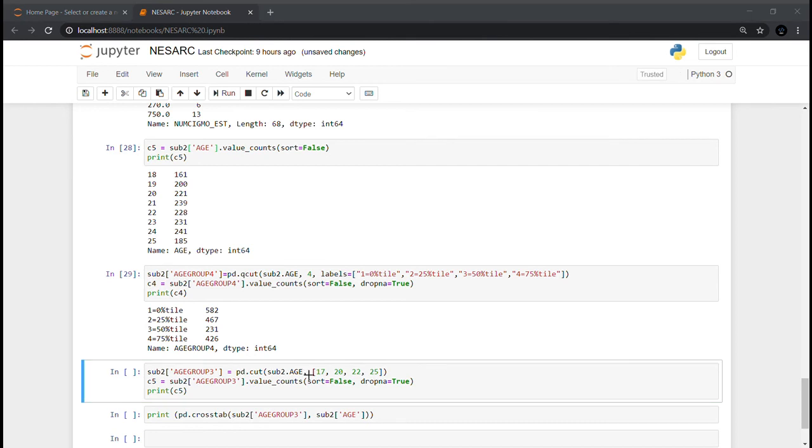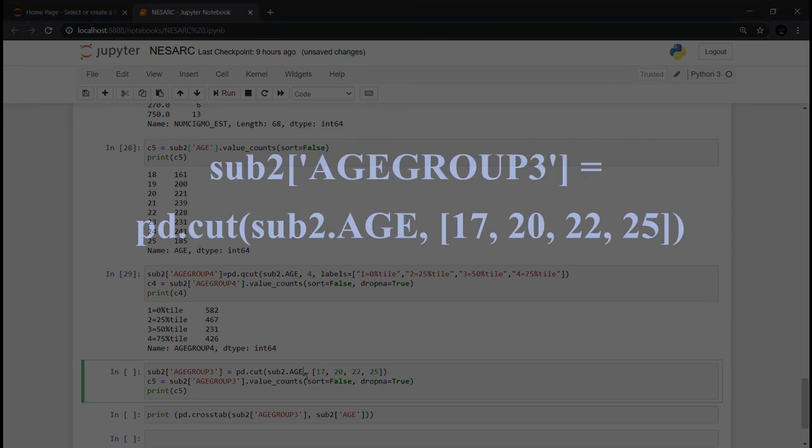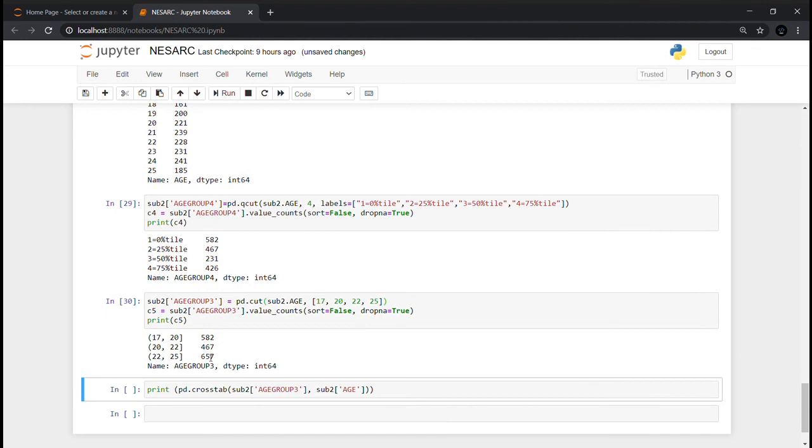Now again, if we want to evaluate the customized split, what if we want to split our result into 3 parts, like 3 age groups. The first age group can be of 18 to 20, the second can be of 21 to 22, and the third is from 23 to 25. To do this, we can use the following code in our program, and if we run that, then it will show how many participants lie in the 3 age groups.